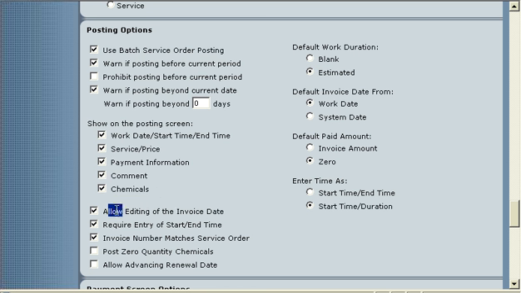If the Allow Editing Invoice Date option is disabled, the invoice date will default to either the system date or the order's work date. Requiring the entry of start and end times will ensure that the duration of each service is accurately recorded before it is posted. The Invoice Number Matches Service Order Number option instructs PestPac to always advance the next available invoice